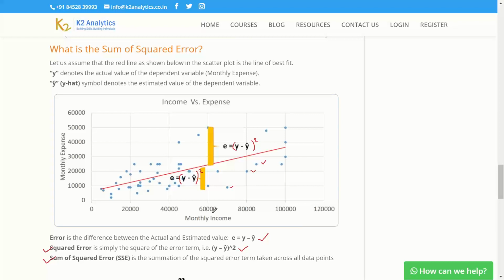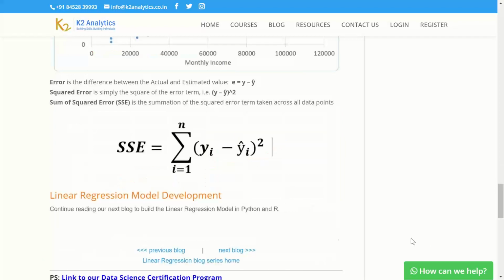The moment I square the error, this error term is positive because y is higher, and this error term is negative, but the square of a negative is positive. All my negative and positive errors become positive numbers, and I'm trying to minimize this sum of squared error. I hope all of you have understood this concept of best fit.